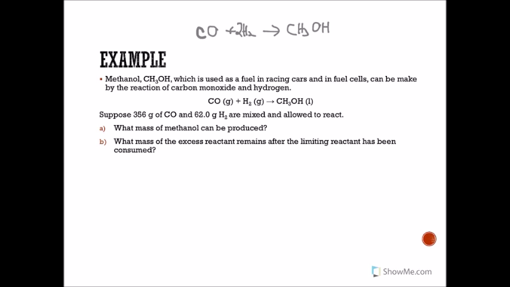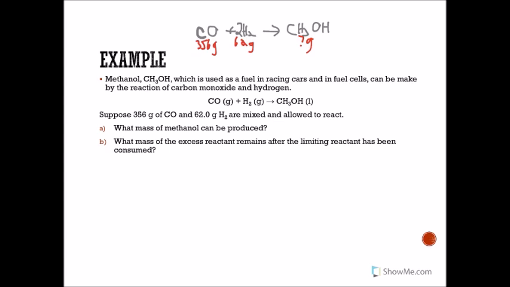We write our knowns and unknowns. We have 356 grams of carbon monoxide and 62 grams of hydrogen, and we're looking for how much methanol is produced. So here we have 2 different numbers given to us. This is a limiting reactant question, so we're given information for 2 of the reactants. Now, in order to figure out what mass of methanol can be produced, we need to figure out which reactant